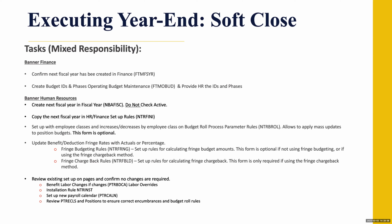Then I have some other steps that are not necessarily fiscal year end, but they're good practice. You should always look at your benefit labor distribution overrides. And the reason for that is you might have set up new benefits for the upcoming fiscal year, or you might have to change how things are being funded due to grants for one fiscal year versus another. So I always encourage you to go and look at your benefit labor overrides on a rule form called